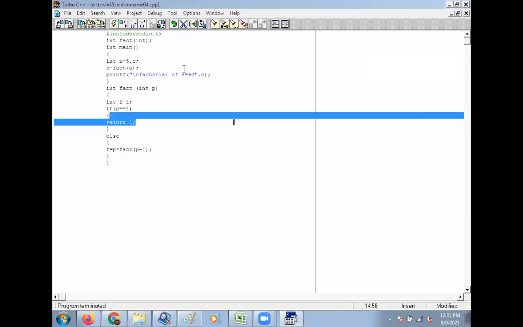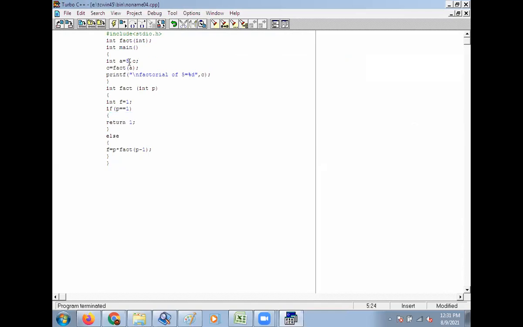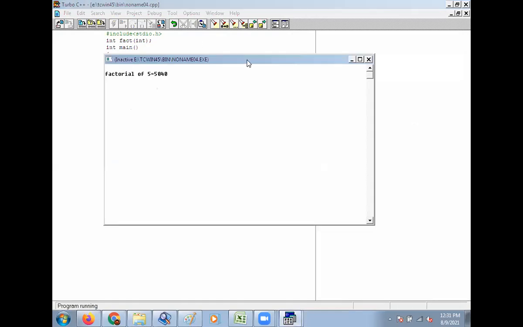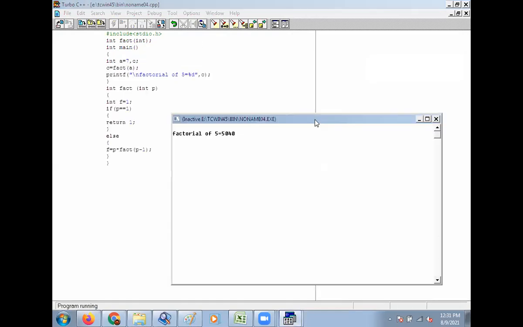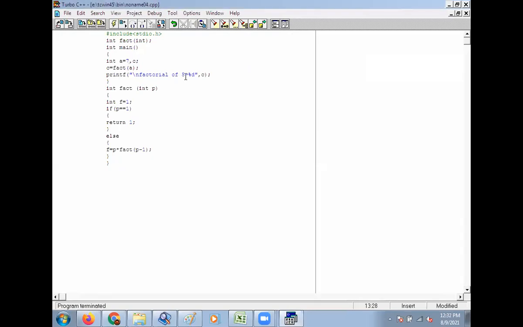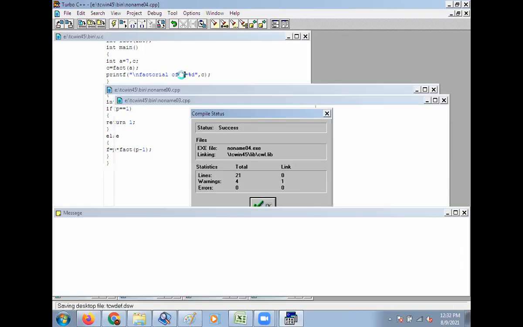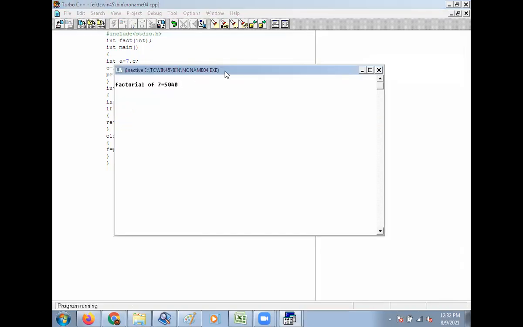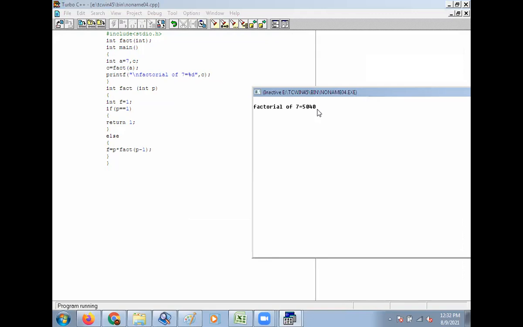Okay, suppose you are taking here a is equal to 7, then what is the value of factorial of 7? Here we should change. Factorial of 7 is equal to 5040. But what is the factorial of 8?